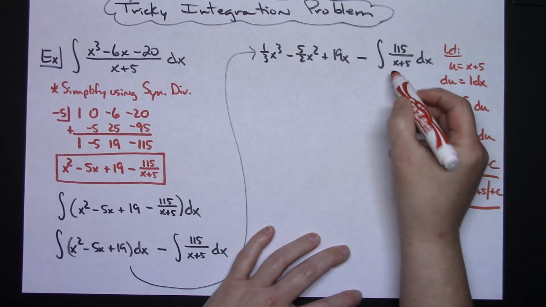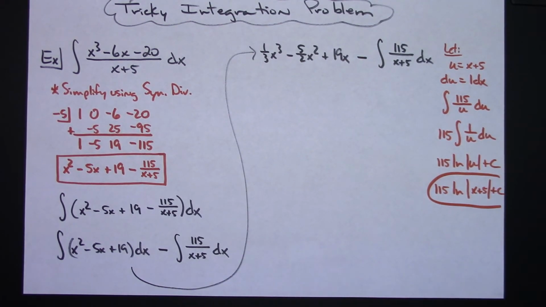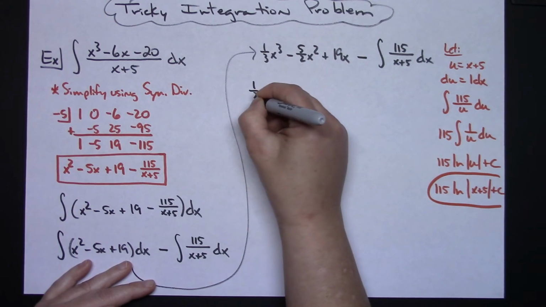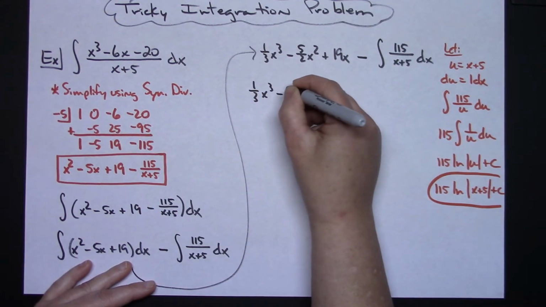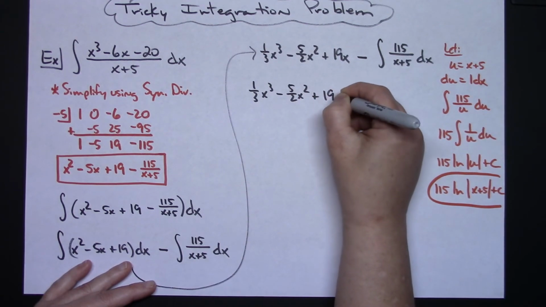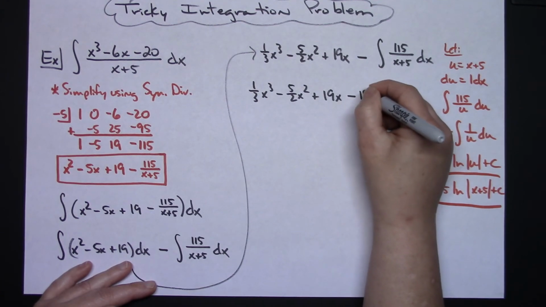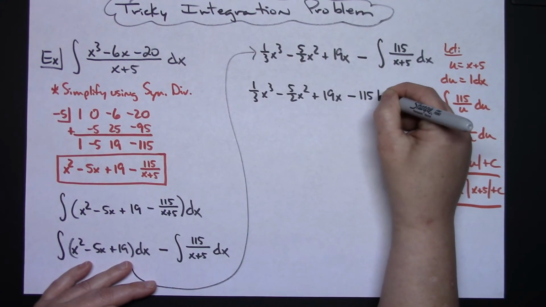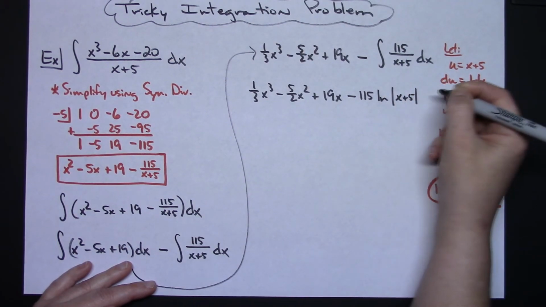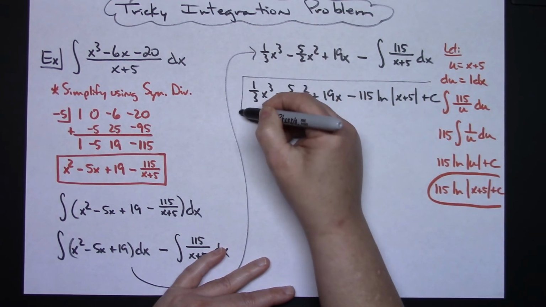Okay, so now that I have calculated that integral right there, now I can substitute that in. So let's go back and write this whole entire thing. This stays the same, so 1/3 x to the third minus 5/2 x squared plus the 19x. Now let's put that part in there, minus 115 natural log absolute value x plus 5, and then a plus c on the whole entire thing there. So as a final answer,